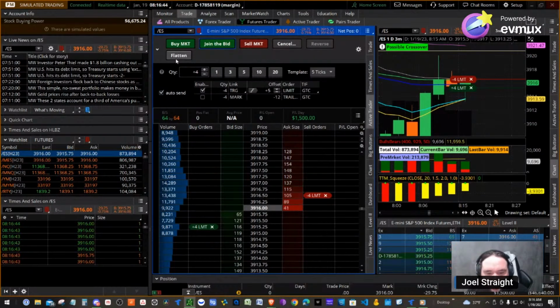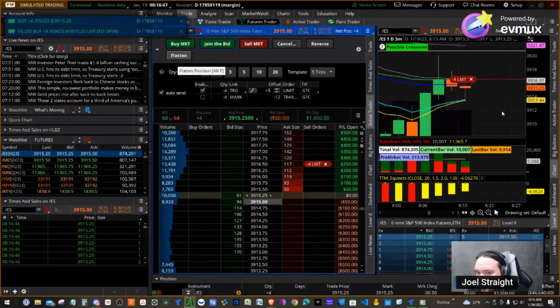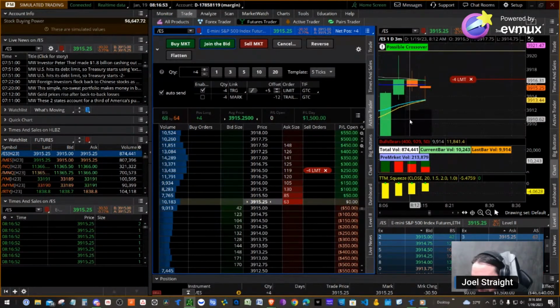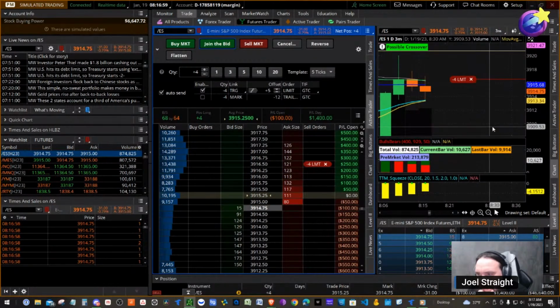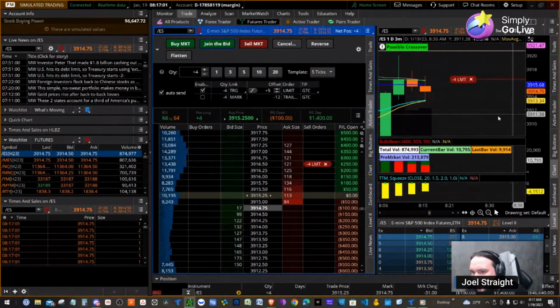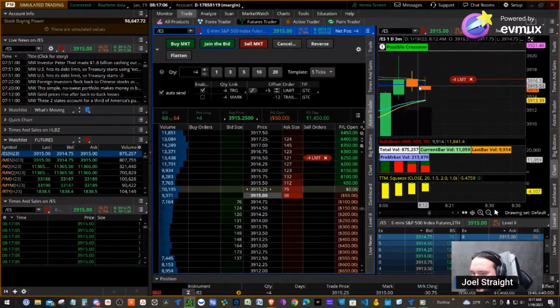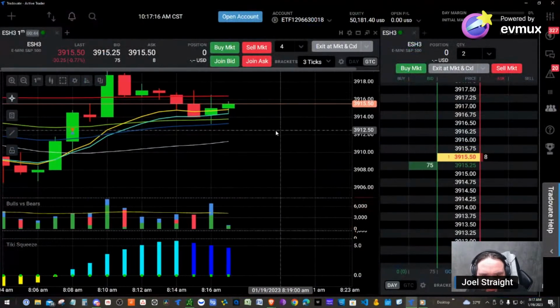Try to join the bid. Entered at 15 and a quarter. I tried to get it when it was in that 14 range. 5.4 to 4.1. You can see that we're running into resistance here along the EMA 35. I don't think that's going to hold, though. I do think that this is going to break upward. We do have a lot of momentum gearing us that direction, so...